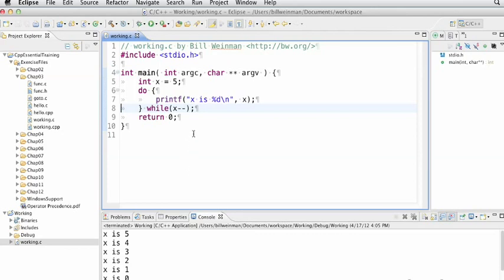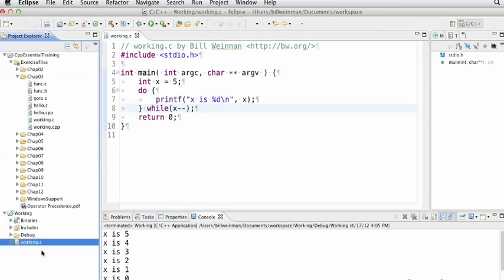So the while loop is a fundamental control in C. The while loop tests the condition at the top of the loop, and do while tests the condition at the bottom of the loop. Do while is used less frequently, but it's still very important to understand both of them. Now let's delete the working